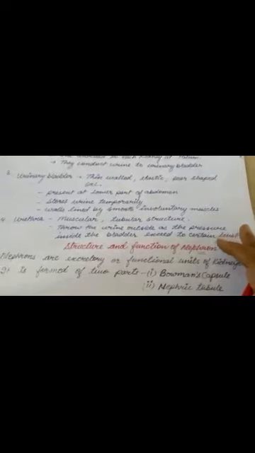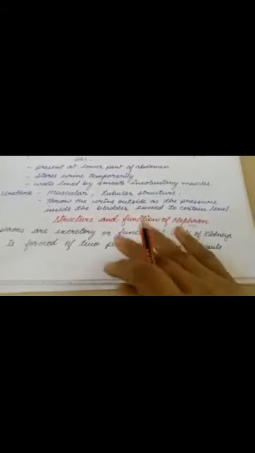So now there is the structure and function of nephron. Nephrons are the basic functional unit of kidneys. So we are going to study about nephron now. These are the excretory and functional unit of kidneys. It is formed of two parts, meaning every nephron has two parts. One is called the Bowman's capsule and the second is the nephric tubule. So let us see them one by one.